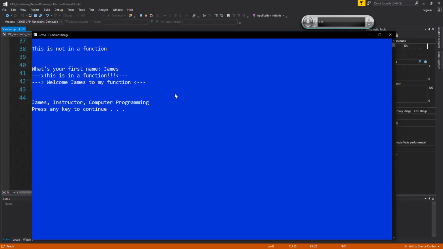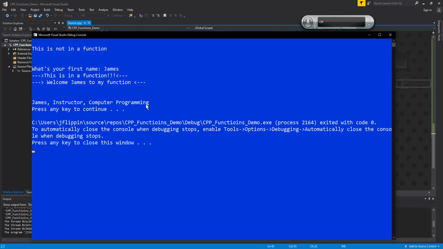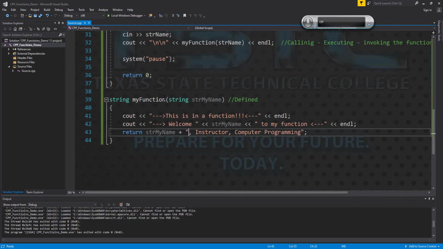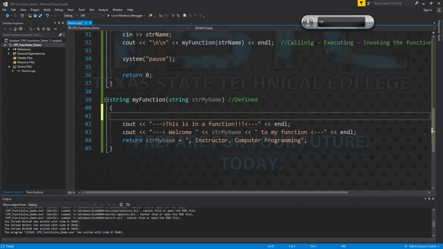James, instructor computer programming. Now this is by direct return, because we can do this. You could do a math formula here if you were working with integers, float values, or doubles as well. But we could also have assigned it to a string value in this case, because it is a string data